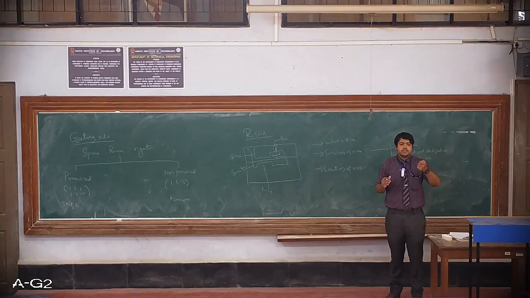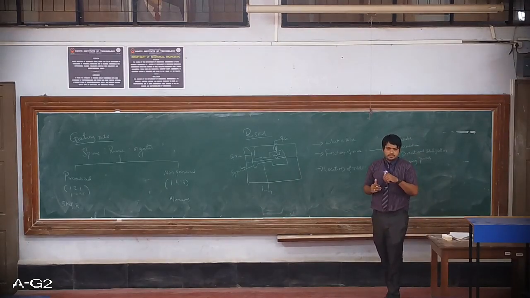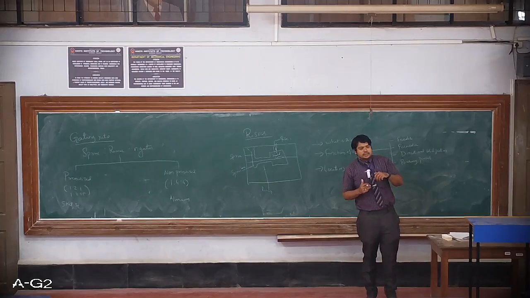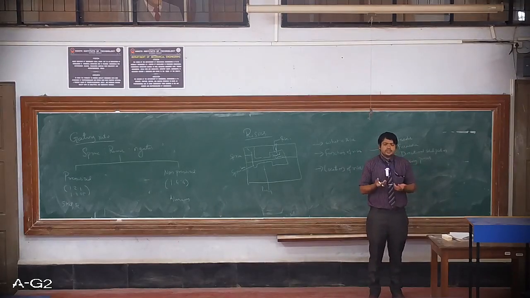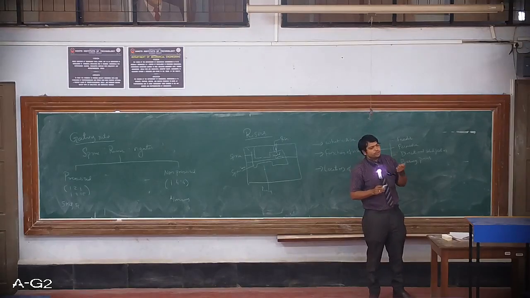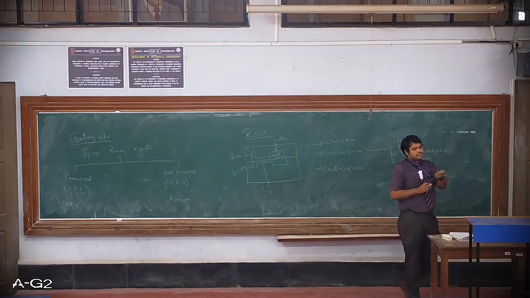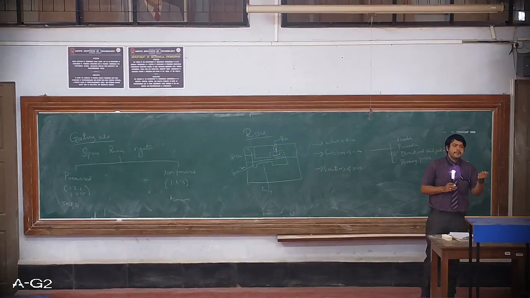These gases will not allow the metal in those vicinity, in the area where these gas pockets are present, there metal will not solidify. It will occupy the neighboring space and thus forming a crater, and such type of defect we call it as blowhole. Okay. So sometimes what happens during solidification itself, the gases will come out from the surface and those will create small holes, and those are also called as blowholes. If the dimension is more than 2 millimeter, we call it as blowholes. If it is less than 2 millimeter, we call it as pinholes.